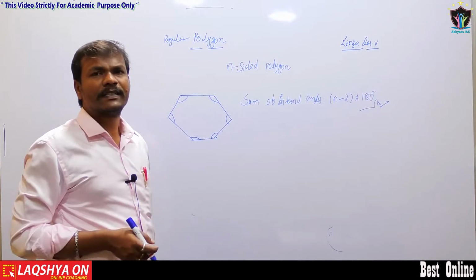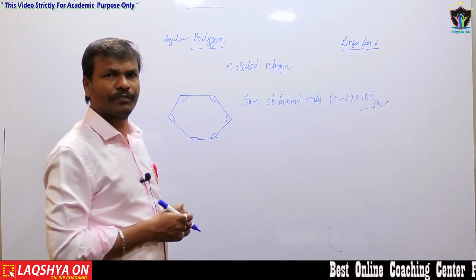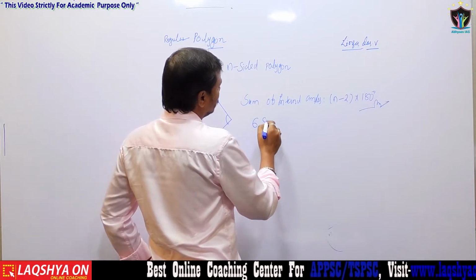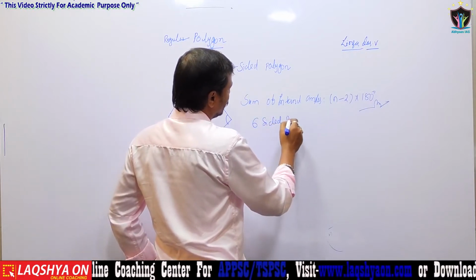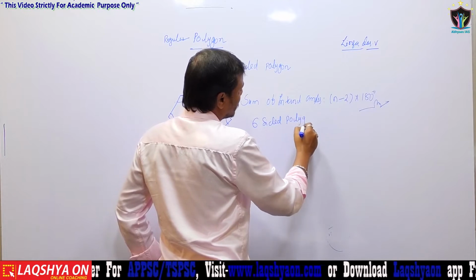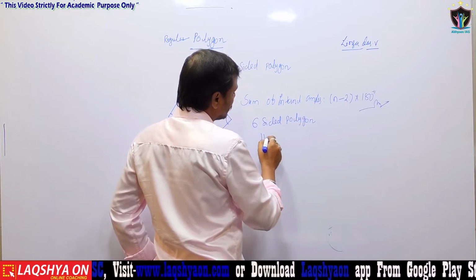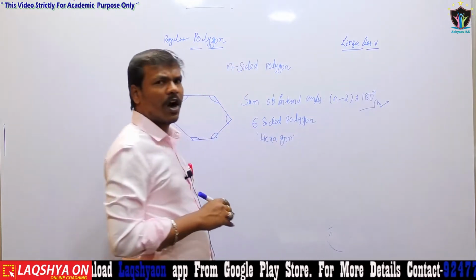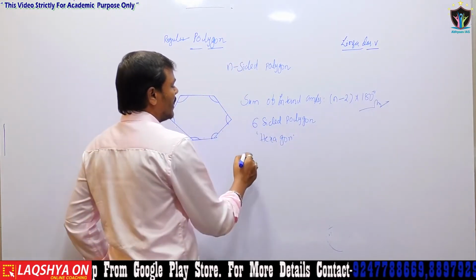Let us see how much the sum of internal angles is in this polygon. This is a 6-sided polygon, known as a hexagon. In a hexagon, the sum of internal angles